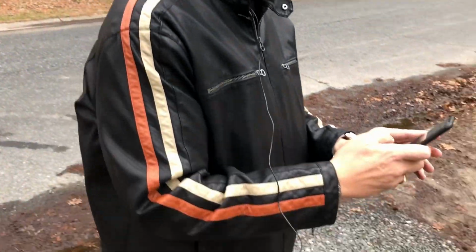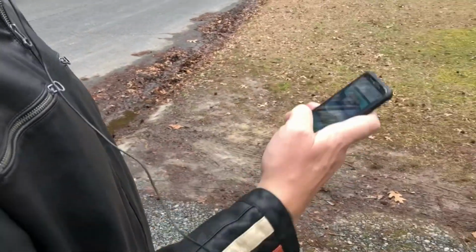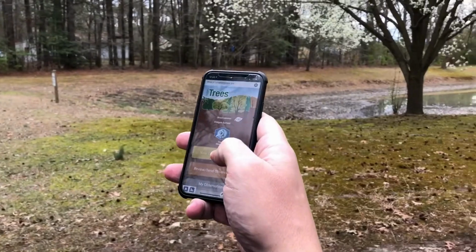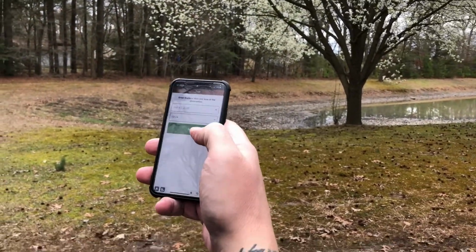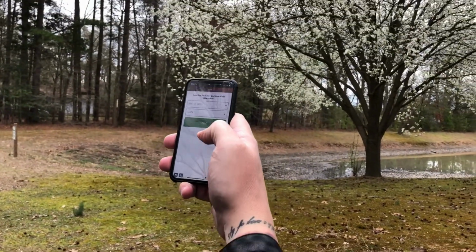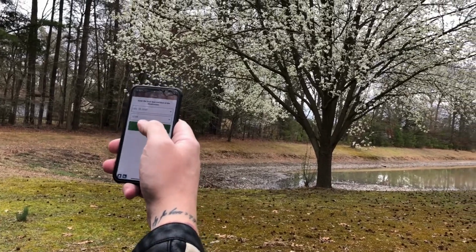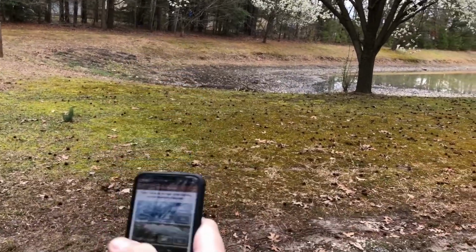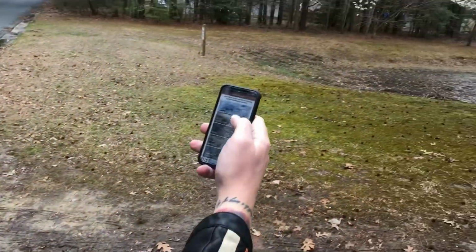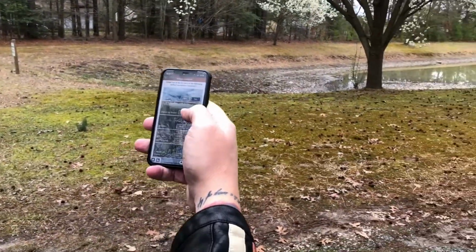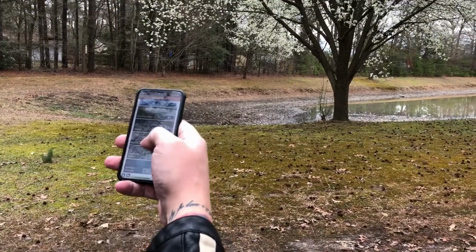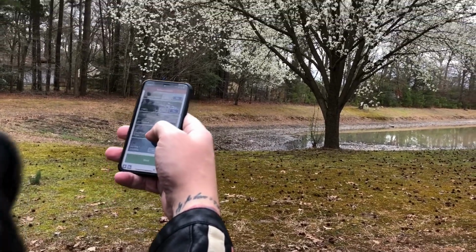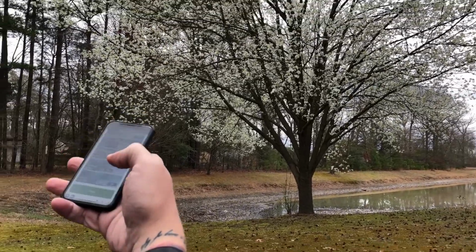So we're going to go into the Trees tool and click Trees, New Tree Observation, and you'll get a date stamp, time and date. Make sure that's right, and then it's going to ask for surface conditions. We want to know what's happening around your local environment when you're taking the tree observation. Meaning, is there snow or ice on the ground? No. Standing water? No. Is it muddy? No. No, dry ground. There are leaves on the trees, and it's not raining or snowing.